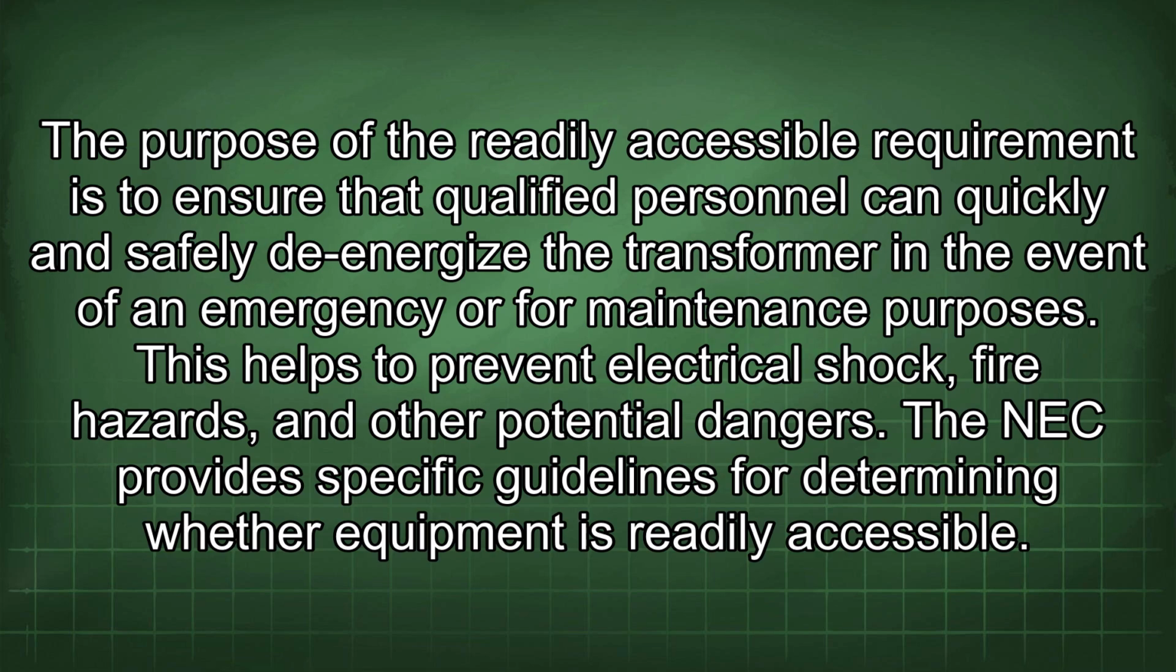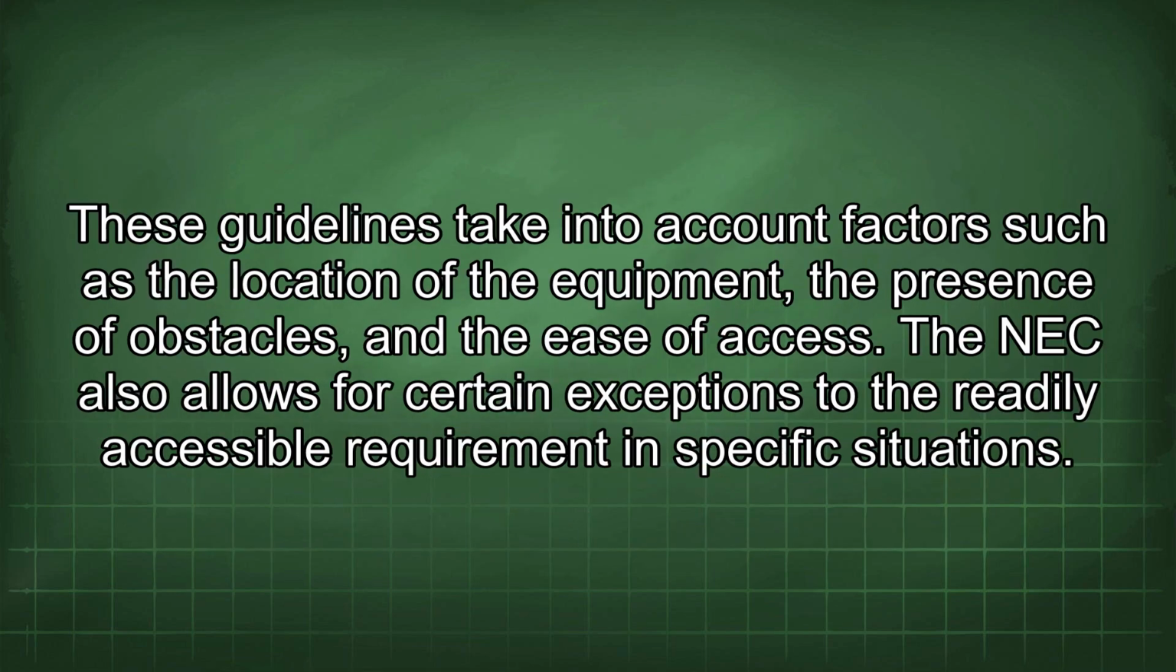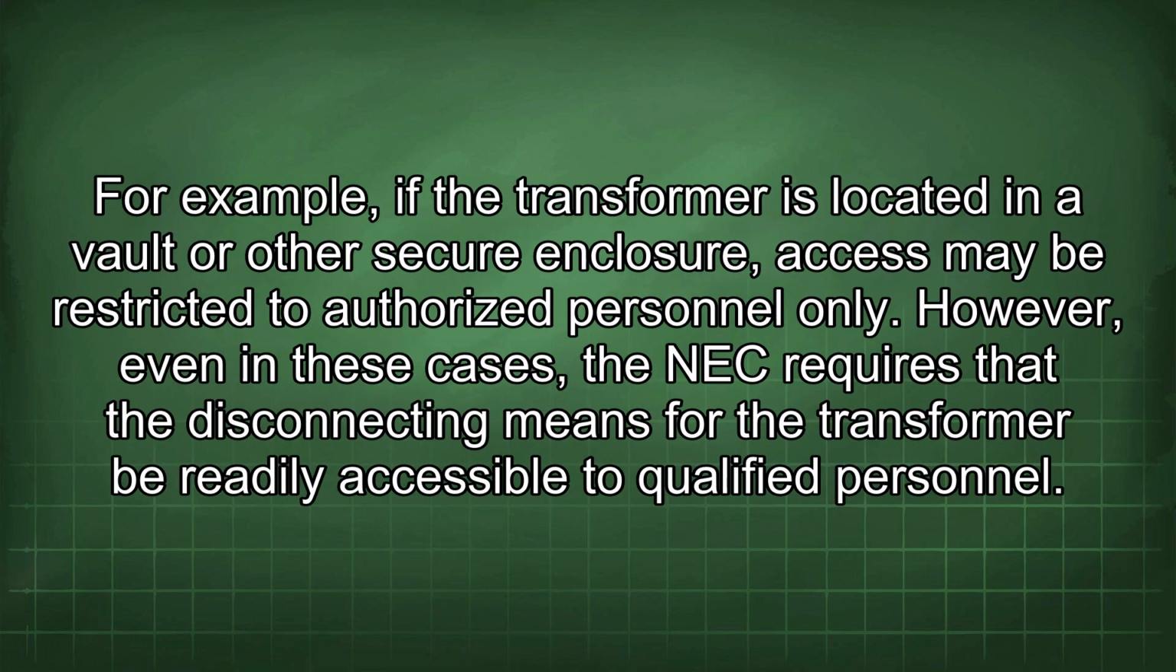The NEC provides specific guidelines for determining whether equipment is readily accessible. These guidelines take into account factors such as the location of the equipment, the presence of obstacles, and the ease of access. The NEC also allows for certain exceptions to the readily accessible requirement in specific situations. For example, if the transformer is located in a vault or other secure enclosure, access may be restricted to authorized personnel only. However, even in these cases, the NEC requires that the disconnecting means for the transformer be readily accessible